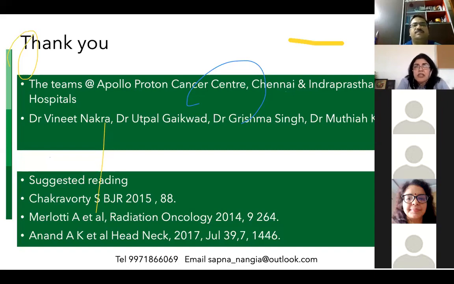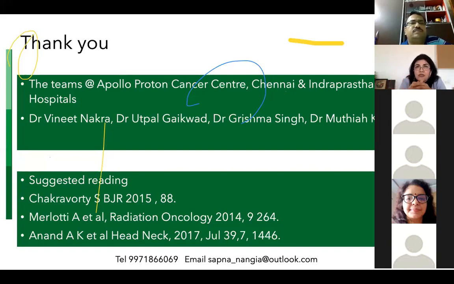The surface is actually, like we have intensity modulated radiotherapy, similarly here we have the concept of robust optimization. In robust optimization, the plan is made in such a manner that a movement of 3 millimeters or any specified value, or a difference in the range of the proton of about 3.5%, is accounted for in the planning. So that is why surface is not an issue.